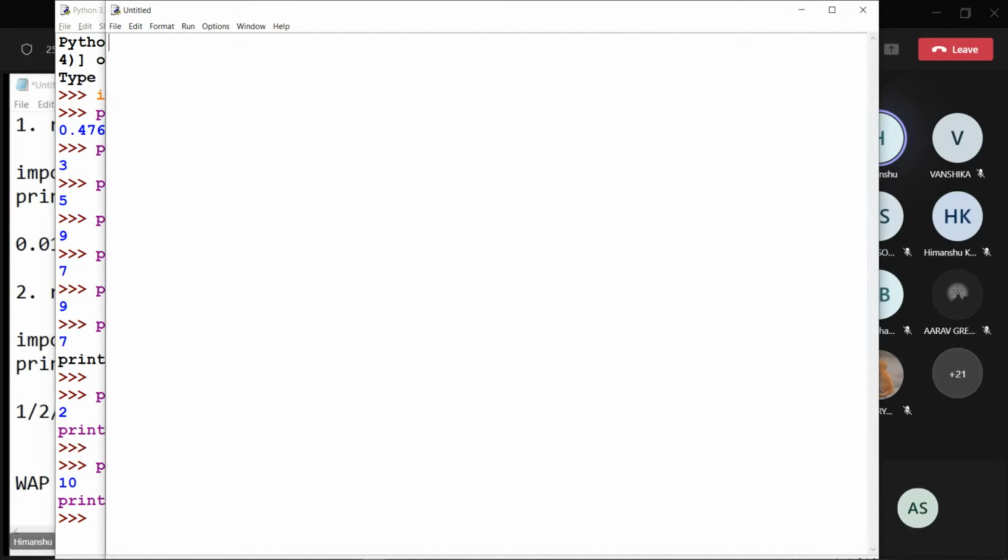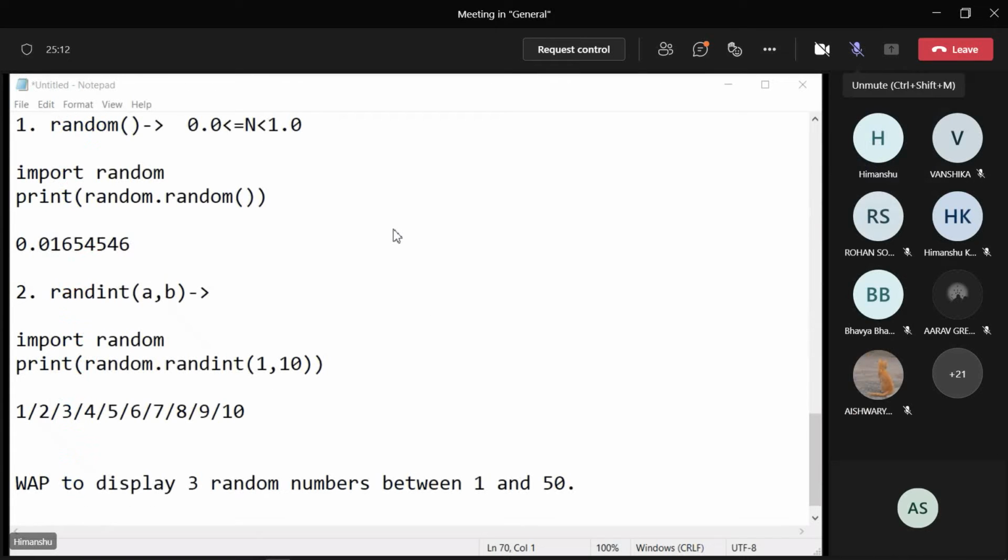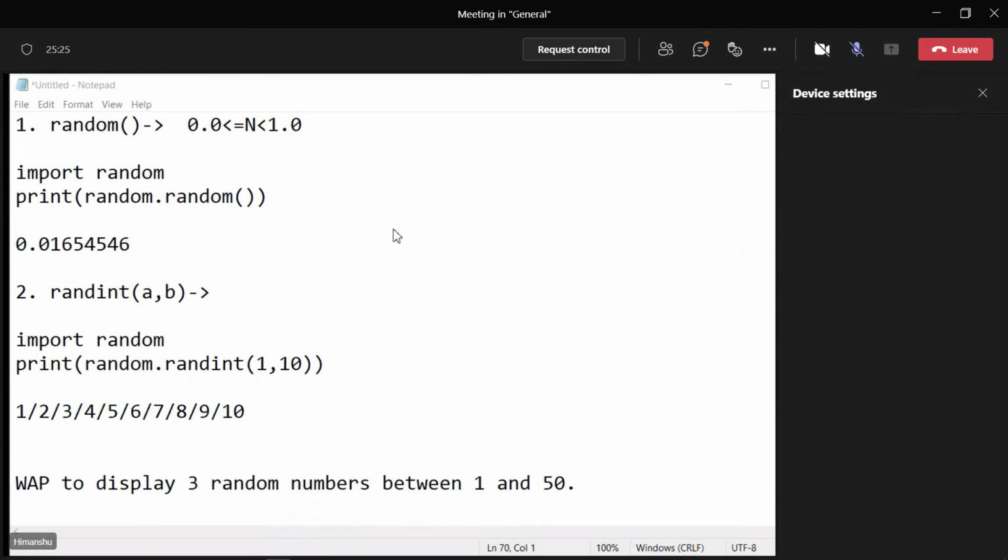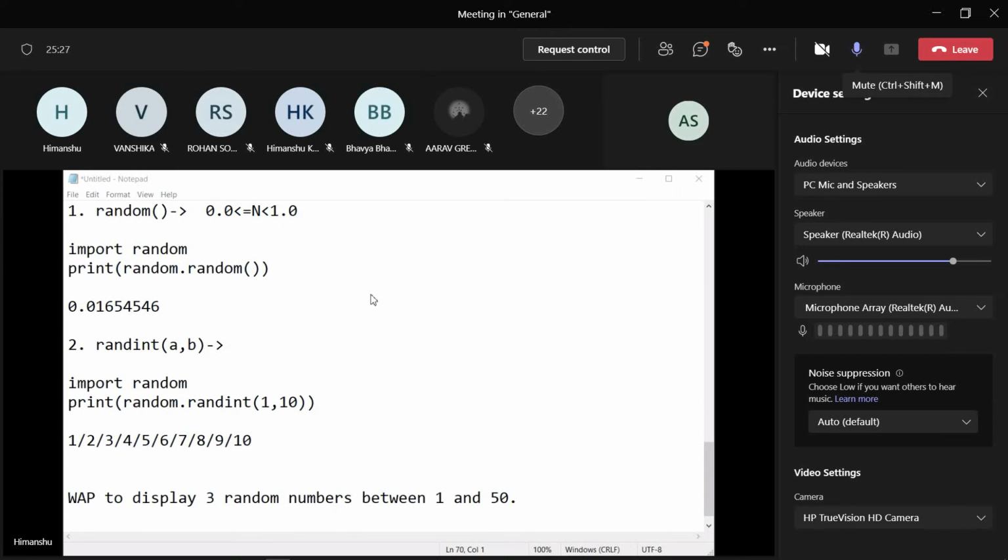Akansha, present, sir. Arav Grewal, Arav Grewal, Arav Sharma, Agnish,